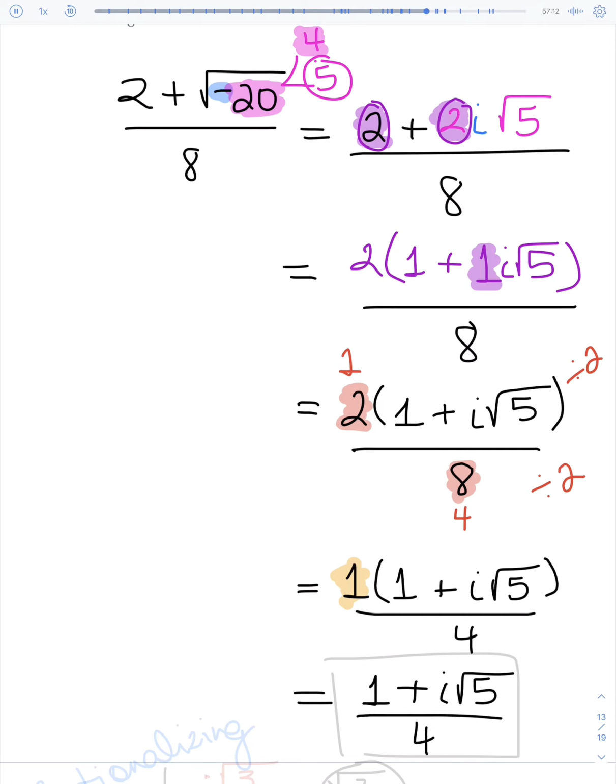And there's nothing you can do with this. That's as nice and neat as it can get. So that's our final answer. In the next group of problems, we're actually